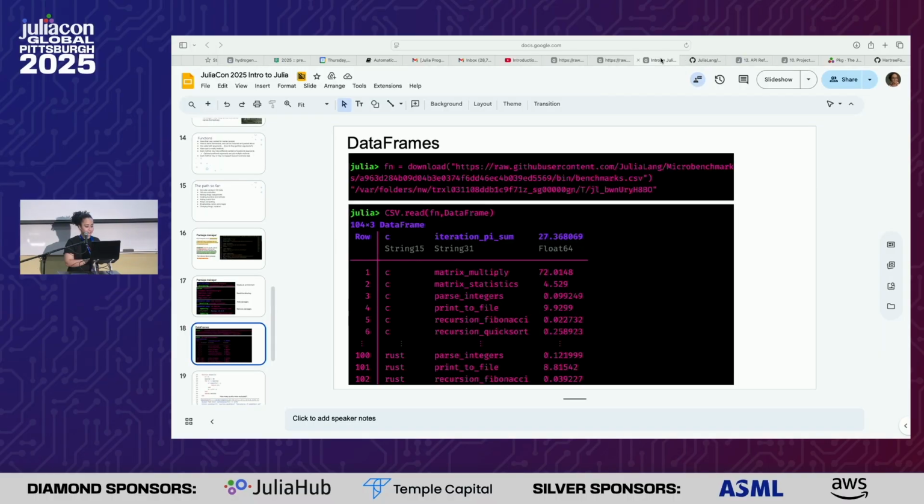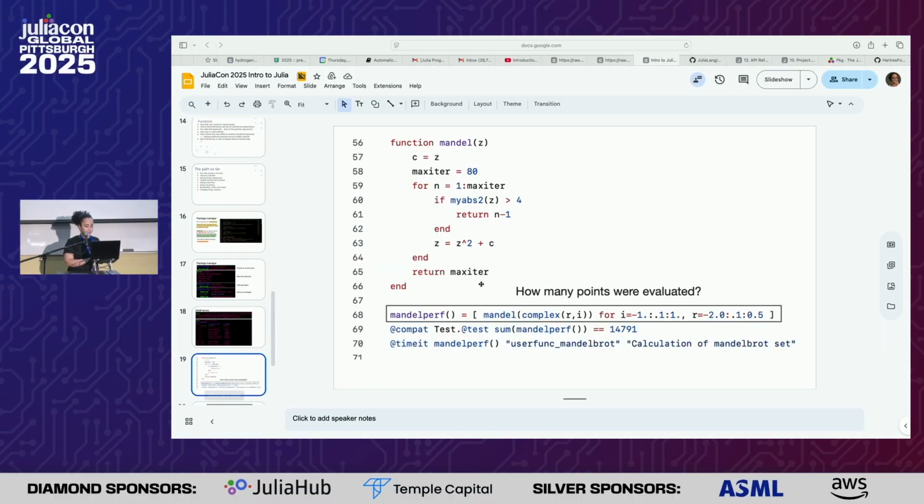I actually just took a screenshot before the workshop, which would make it easier for us to check. So if you look at MendelPerf here, you'll see that it was run over this range, right? And we can just do the following. This range, when you check,